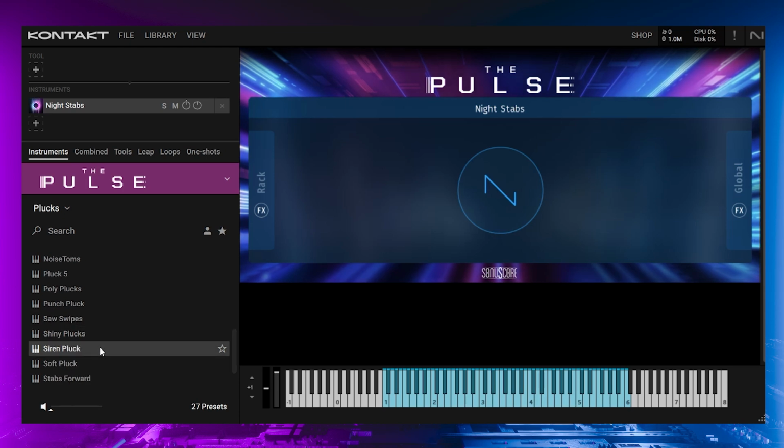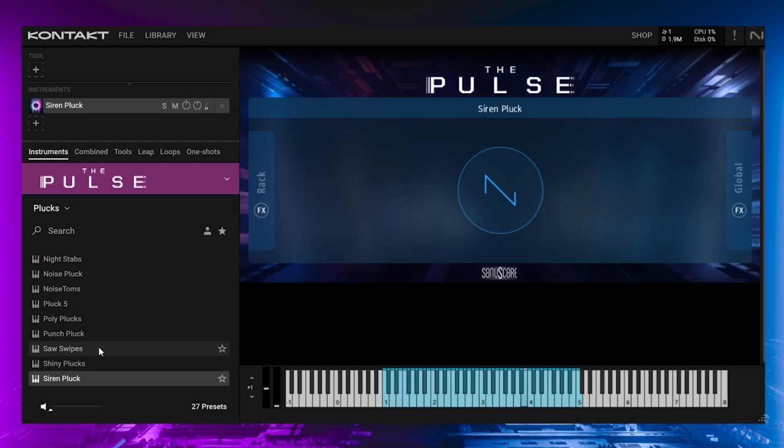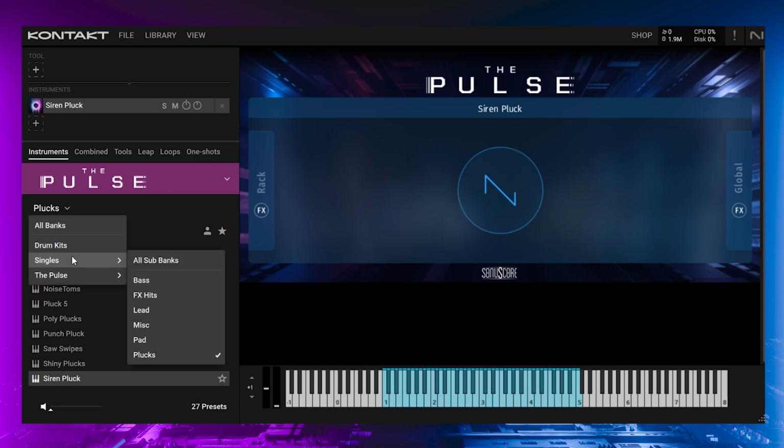And one more, Siren Pluck. I love that cutoff. Because there's no effects on these. And they're just classic sounds ready to be shaped with your own effects. Or, of course, the onboard effects here as well. And that really does cover